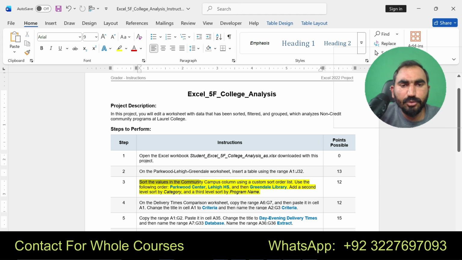It says sort the values in the community campus column using the custom sort order list. Okay, use the following order.